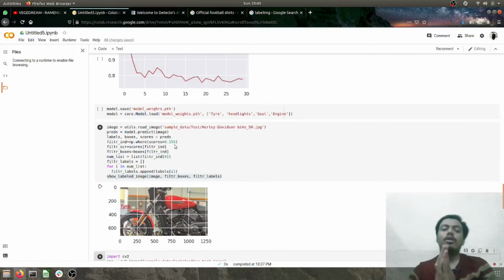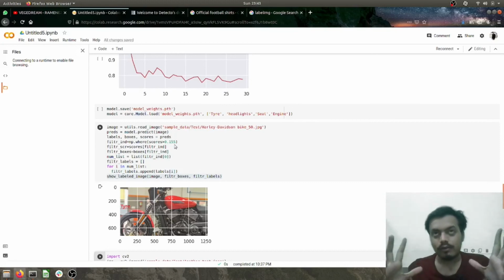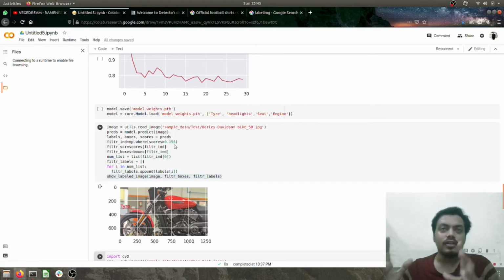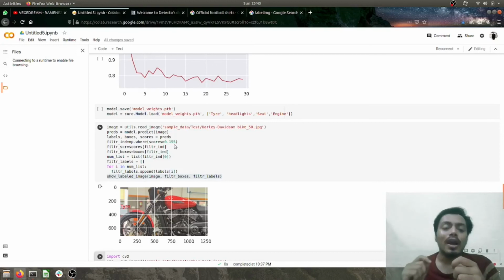Now what is this threshold? What happens is when you do a predict, it detects everything, tire, engine, seat, everything, and it's very cluttered. It does a lot of detection of whatever possible combination it gets. So you have to apply a threshold by which you keep only the specific things you want.